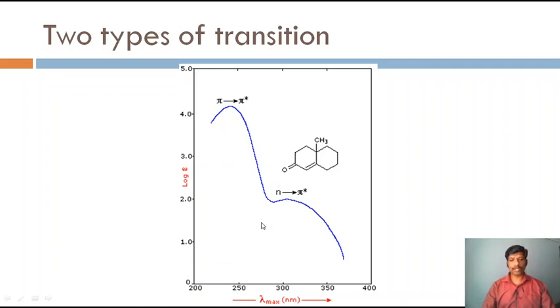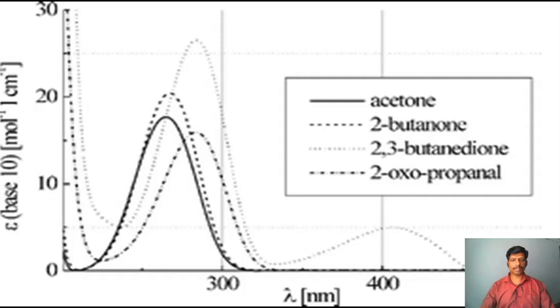Since it absorbs around here, there is a possibility of R. Like that we can make some conclusions. That's what we can make more. As far as structure is concerned, we cannot make more predictions than that. And you can see here different compounds absorbed at a different intensity at a different wavelength, even if it is the same ketone.